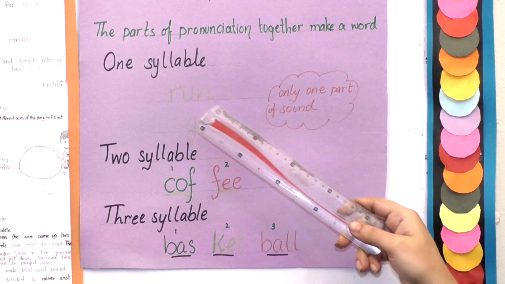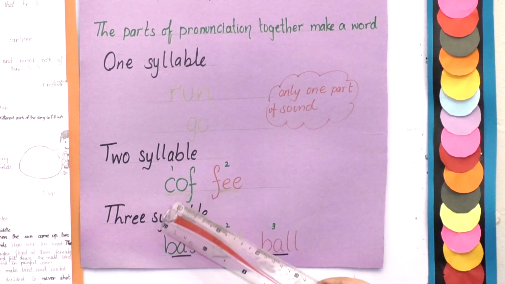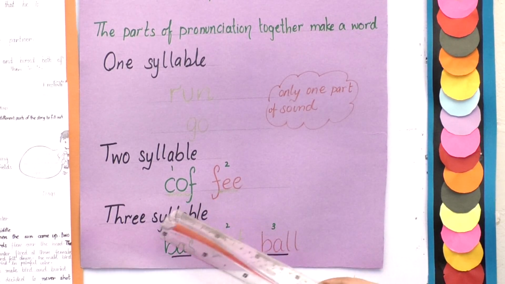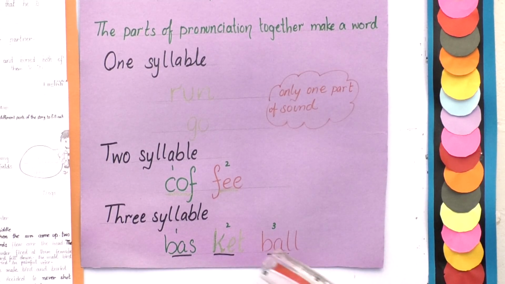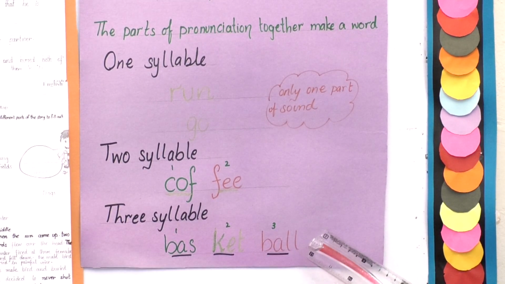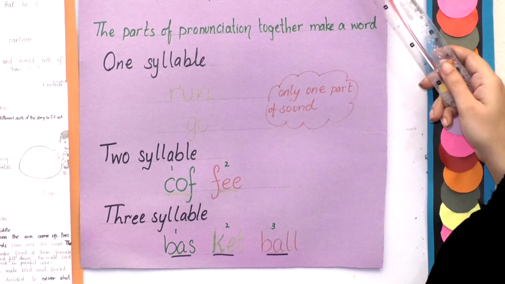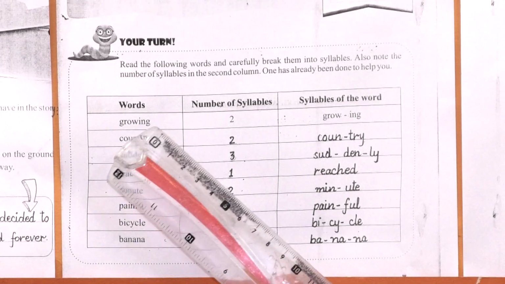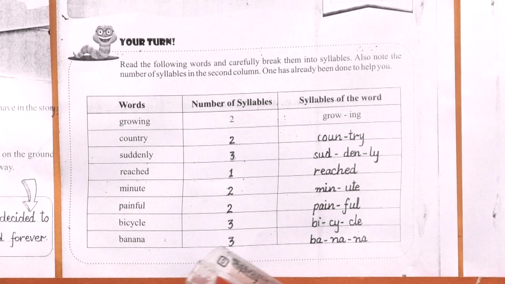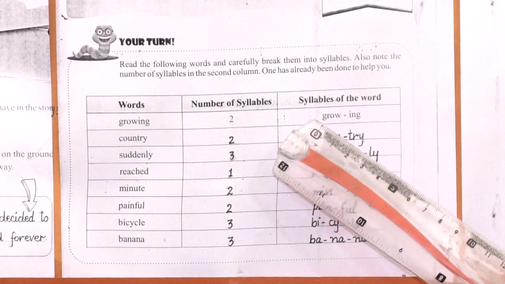Now let's see one syllable word. Run, go. Both have one sound. 2 syllables. Coffee. Coffee has 2 sounds. 3 syllable words. Basketball has 3 syllables. Now we are going to do page number 27 as our concept of syllables is clear. In page number 27, the words are given to you. We are going to write the number of syllables, the number of sounds in this word, and then